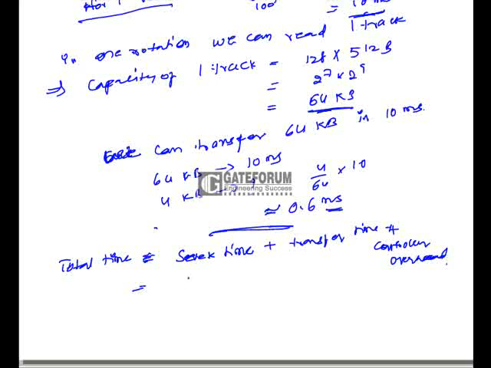The average seek time is given as 10 milliseconds, plus the transfer time we got as 0.6 milliseconds, plus the controller overhead given as 1 millisecond. If we add this, we get 11 point